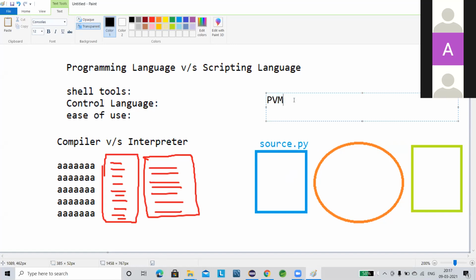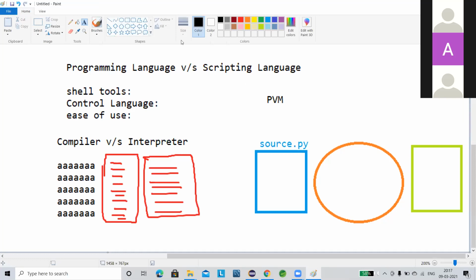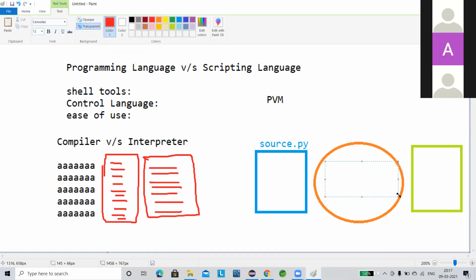Very simple. PVM. In Java, you have already heard of the JVM. In Python, it is PVM. PVM stands for Python Virtual Machine. What functionality does the Python Virtual Machine provide? Basically, it takes the source code, then executes and converts it to an intermediate code rather than the final output, that is the bytecode, we can say. These source codes become the bytecode or the byte stream, so the name becomes source.pyc.